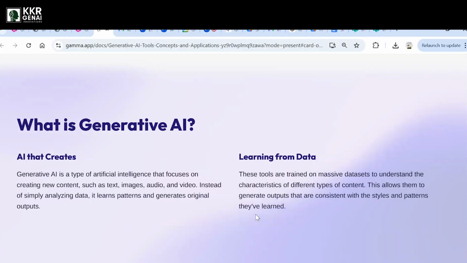Similarly, instead of the content writer, if you provide the story to the generative AI tools, they will generate the content. It can even generate images for the particular content, along with videos and audio. It all generates the information as per your requirement. We are not training anything, we just provide the requirement and get the information, as we see in the general ChatGPTs, right? As soon as you enter the question, you can see the information.